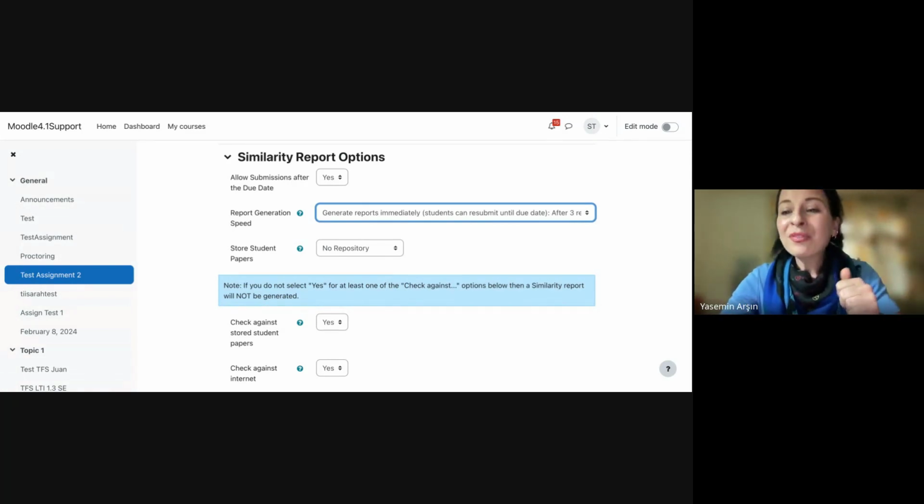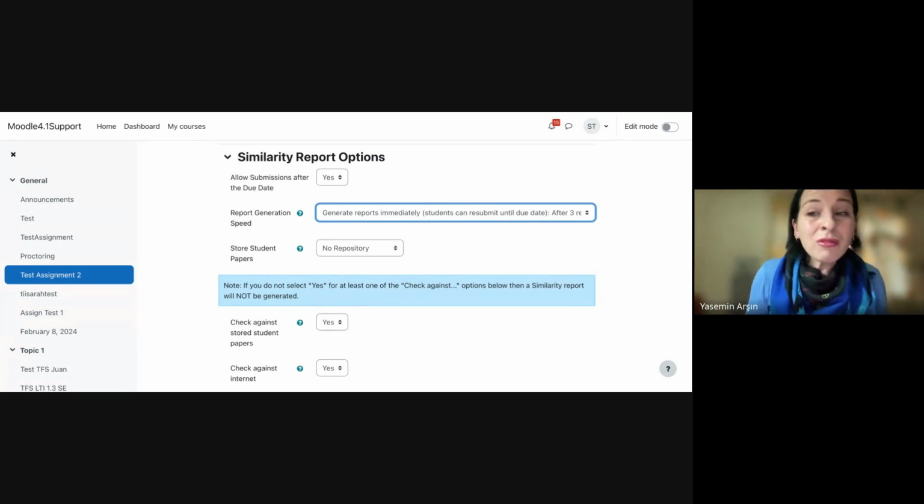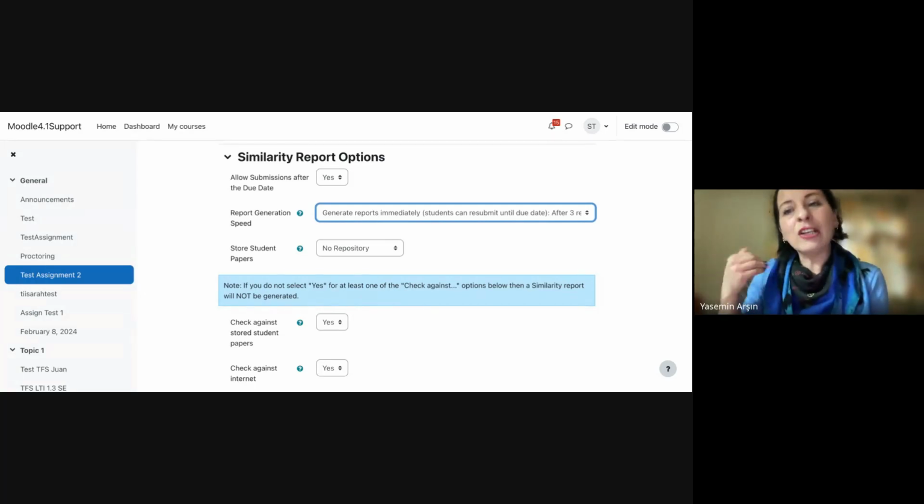The second one will allow a drafting process. Let's assume that I'm your student. I have uploaded my paper and there is 53% similarity. It is very high. Maybe I have some citation issues. Maybe I have heavily relied on quotations, direct quotes, indirect quotes. So there are so many similarity matches on the similarity report. And I can make my revision and changes, and then I can upload a new draft.